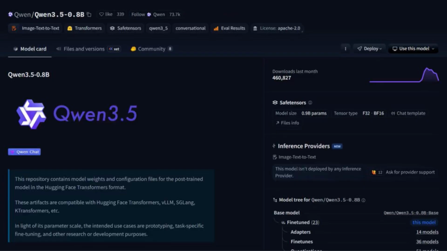So, with all these tests done, here's where I have landed. The 0.8 billion model is for when speed is your priority. It handles writing, basic knowledge, summarization, and even image tasks quickly and adequately. So, if you're building something that needs fast responses or you are running the AI on hardware with limited resources, this model makes sense.